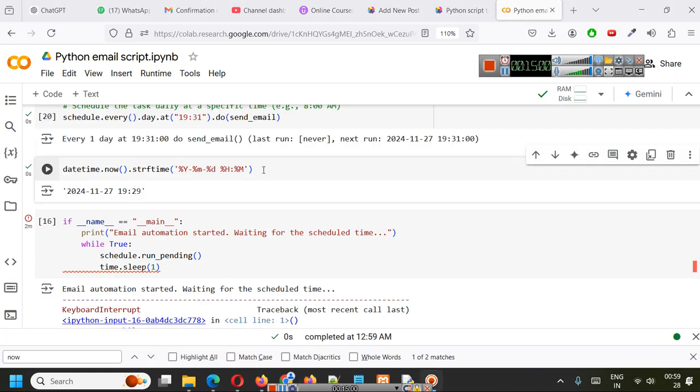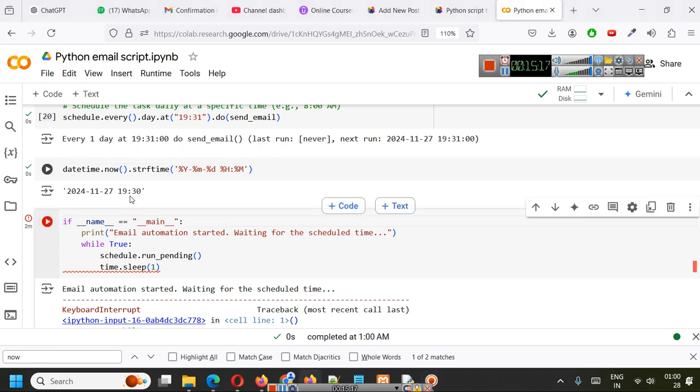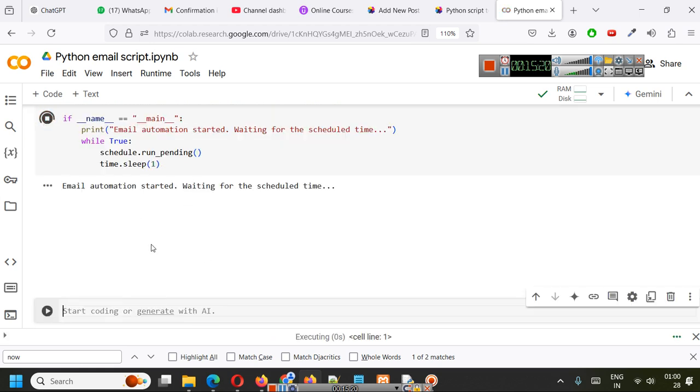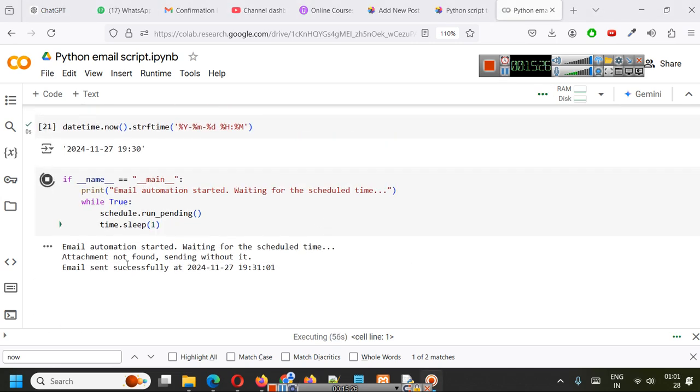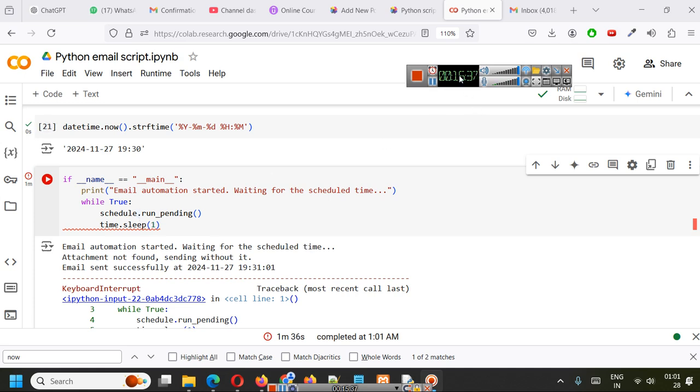Since we are on a cloud here, connected with the Google Compute Engine, its time is different than our time. So now let's try. I have tried 1931. It says currently it is 1930. Let's run this now and wait for the automation. Here you can see attachment not found because obviously we have not attached anything, and email sent successfully at this time. Since I am using Google Colab, I have stopped this for now, but let's see whether we have received